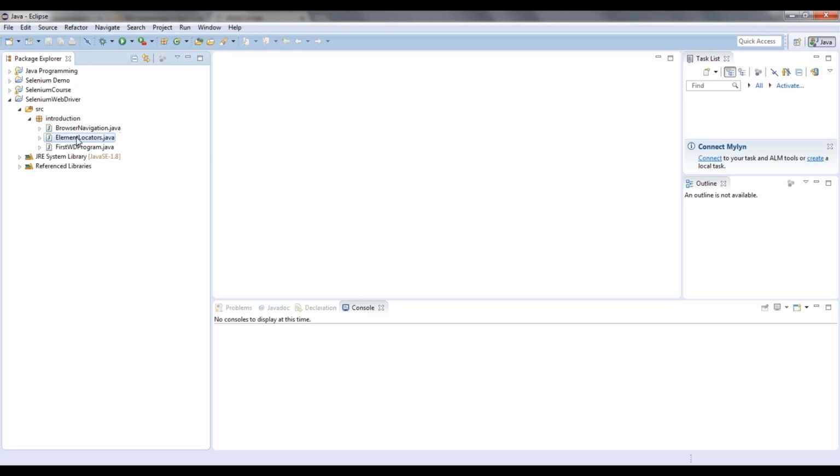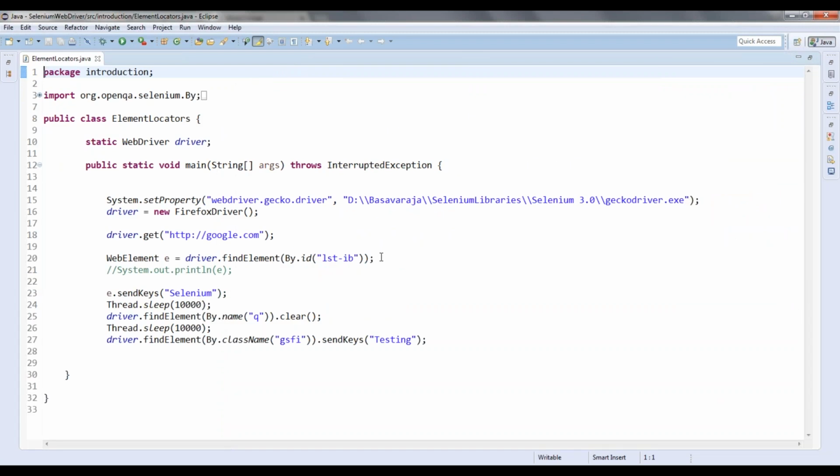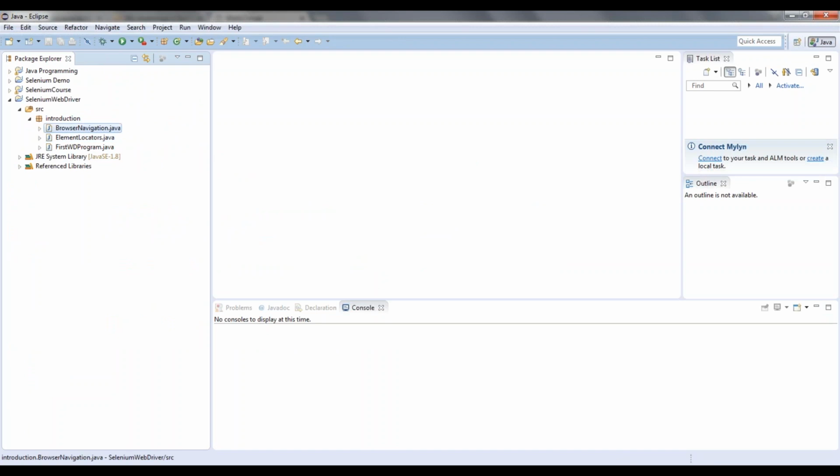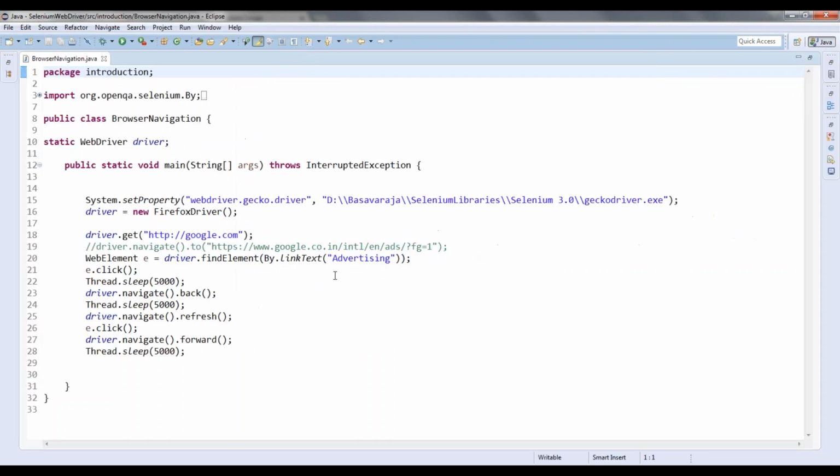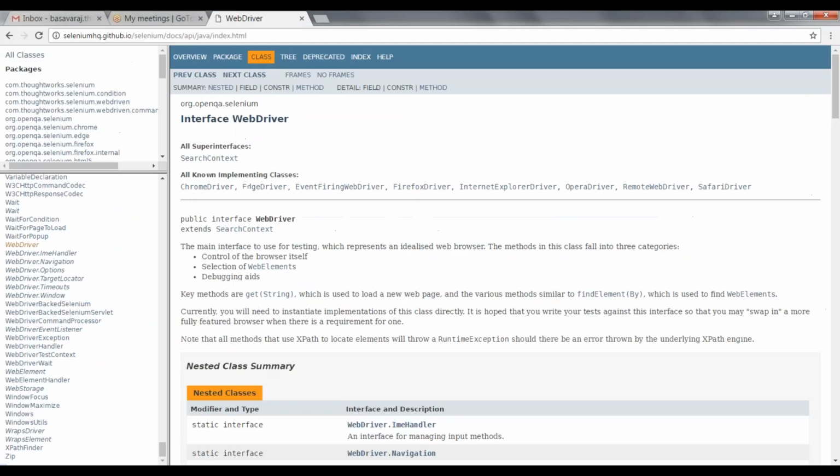Right, so in our previous session we looked at some of the element locators, that is by ID, by name and by class name, and we also located the element by using the link text, and I gave the assignment for partial link text. So partial link text, are you able to run that code by using partial link text? Have you guys tried that or not? I will try it and I will upload after the session.